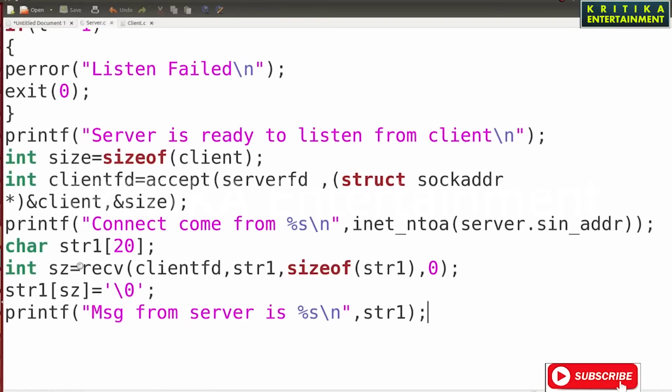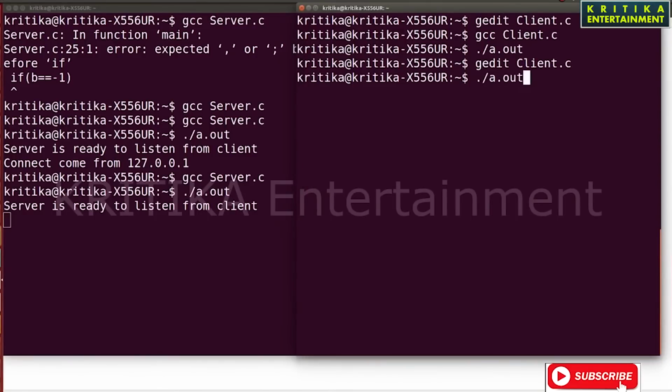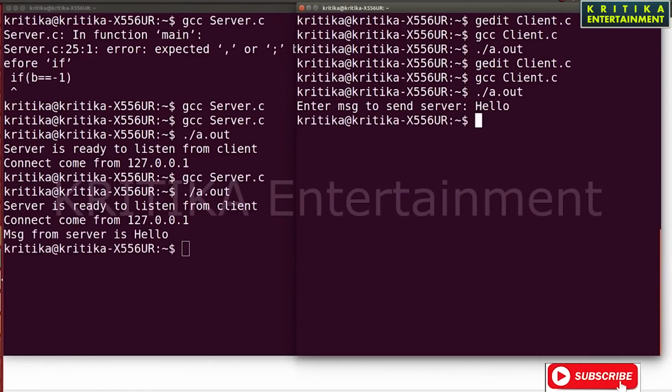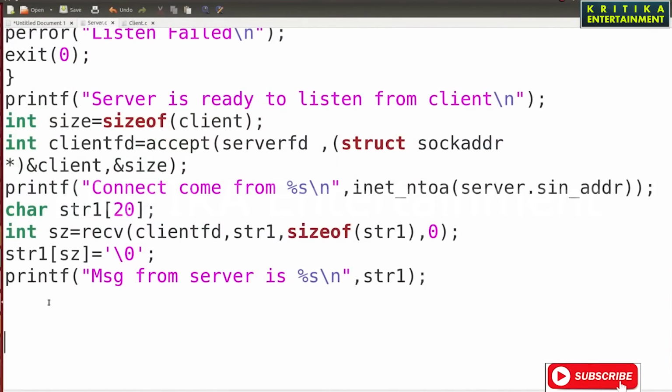Okay, then you see, I will run this whether it is working or not. I will run the server. Okay, yes, ready. Then here I will be at the client side. I will write hello. Okay, the server is getting the message hello. Then the server will send and it will be received on your client side or not. Then you see, here I will go to the server. The same message the server will send. The server will write printf enter message to send to client.